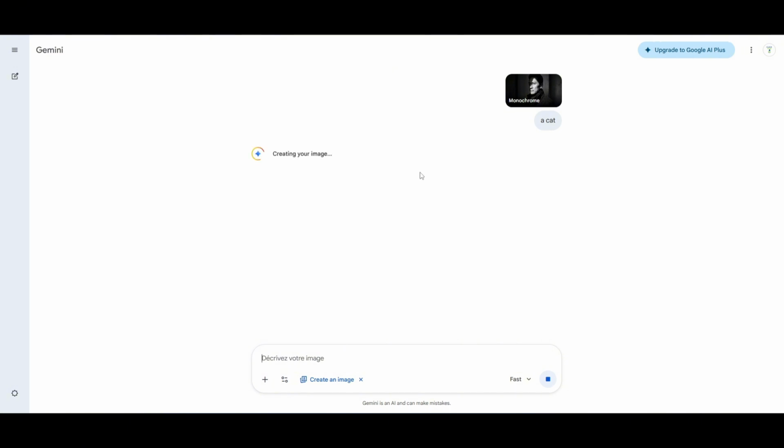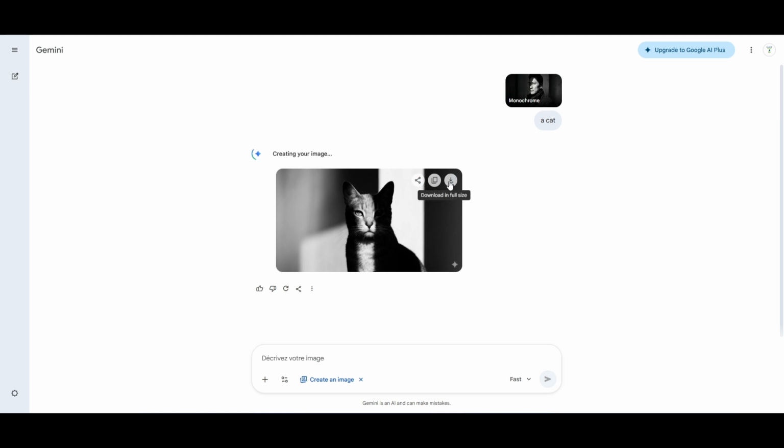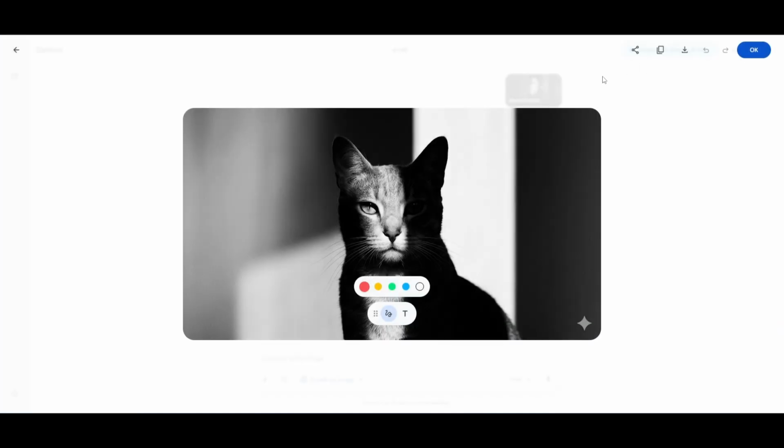If you like the image, hover over it and click the download icon in the top right corner. One important thing to know: all images generated by Gemini have a small SynthID watermark in the bottom right corner. That's Google's way of marking AI-generated content. If you're not happy with the result, click the redo button under the image or type a new prompt to